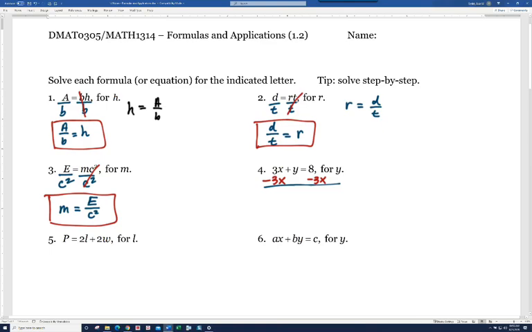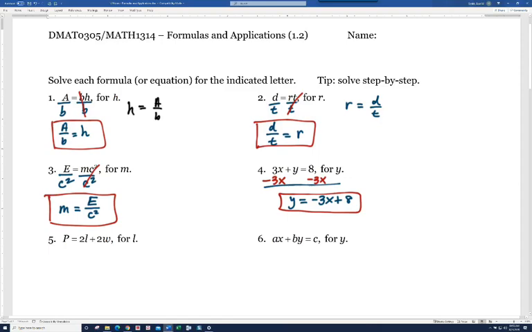On the left side, when I subtract, I'm just going to be left with y. And on the right side, now I could have written 8 minus 3x, but we normally put the x term or the variable term first, and then the constant, which is the 8 here, comes last. So if you said 8 minus 3x, it's not wrong, but